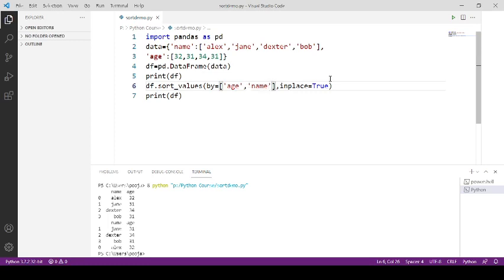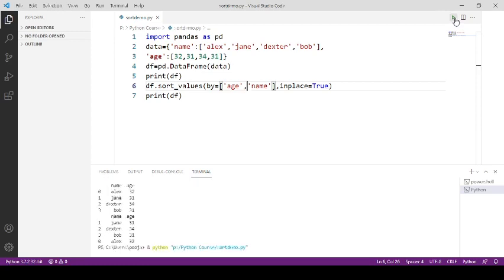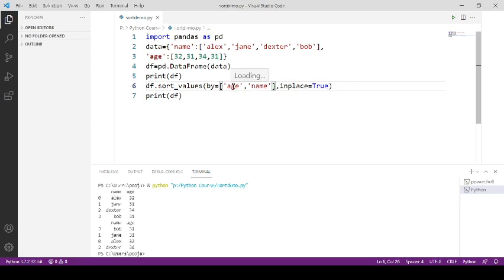Let's run this code and see the difference. So it will sort the data in ascending order of age, and when it sees the age value is the same, it will sort data based on name.